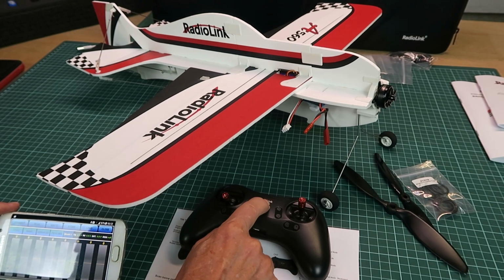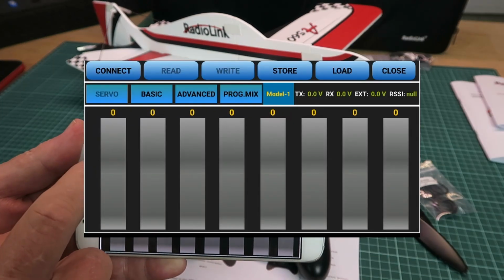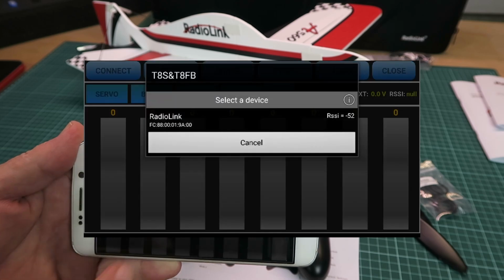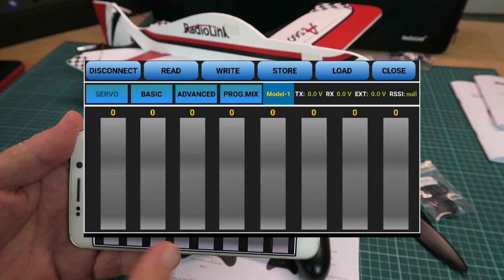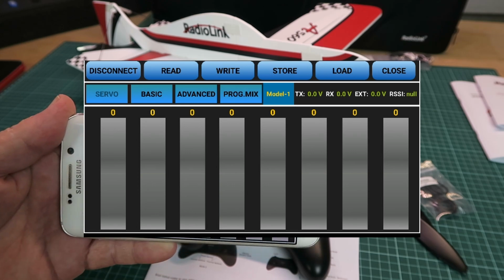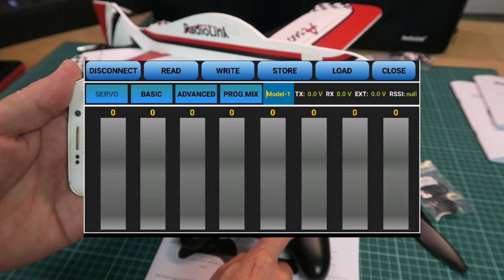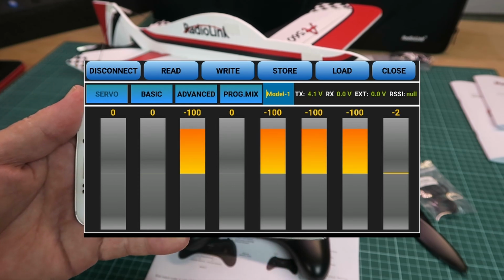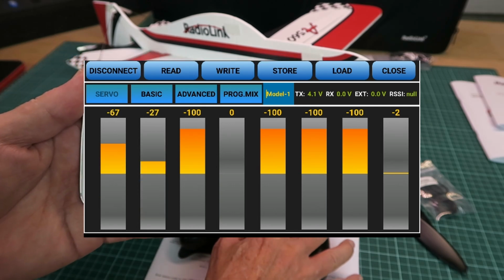First of all, turning on our transmitter, we go to connect at the top left of the screen there and select our device. You must obviously let the app connect to Bluetooth. That beeping means that it's trying to connect, so you just press any of the trim buttons, and there we can see the status of our